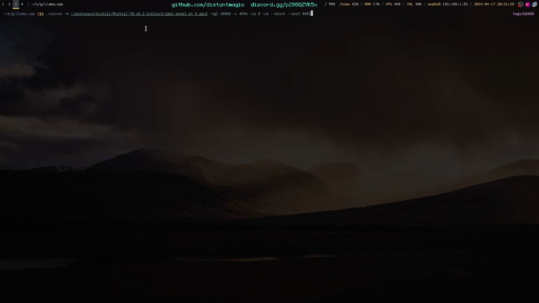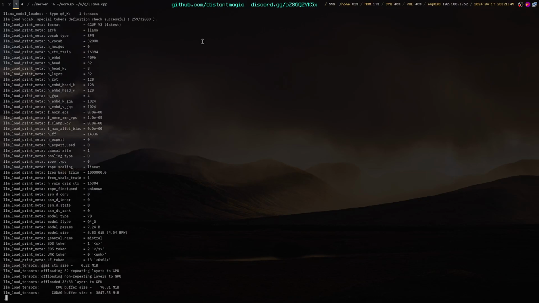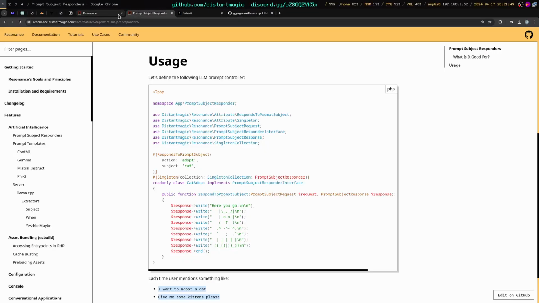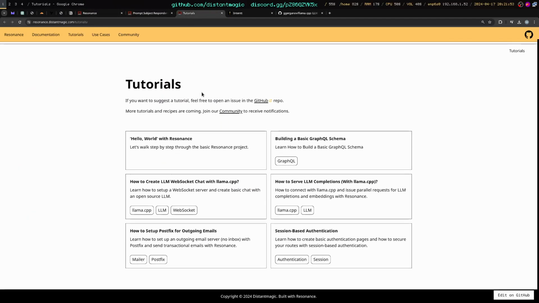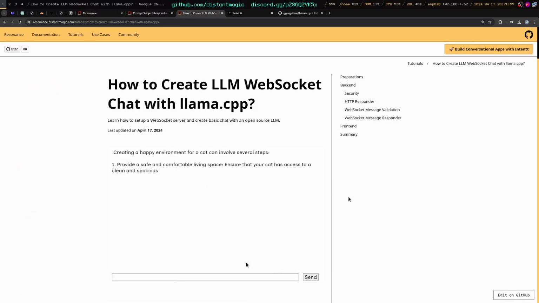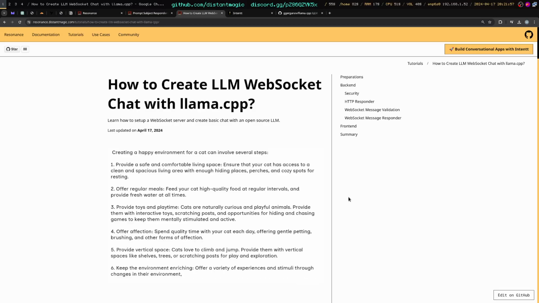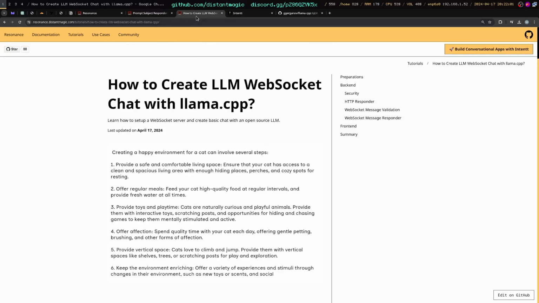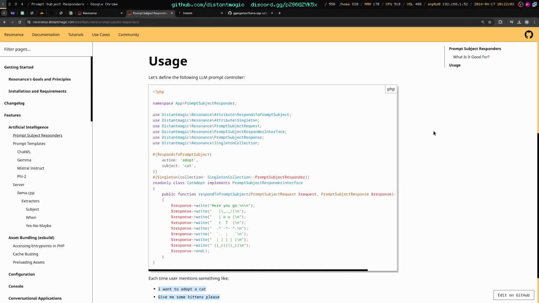And I'm loading Mistral instruct model weights into it, so you can download them from Mistral website. And once I do, you also need to have WebSocket server running. And on how to start the WebSocket server, I wrote a simple tutorial on the Resonance website. I will provide a link in the description later, so you can follow that. And once you have those two components, by which I mean llama.cpp server and WebSocket server, we can focus on